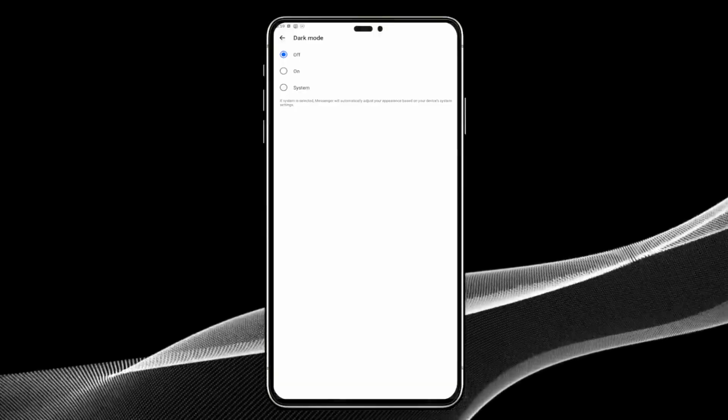And that's it. You've successfully switched your Facebook Messenger from dark mode to light mode, giving you a brighter, more